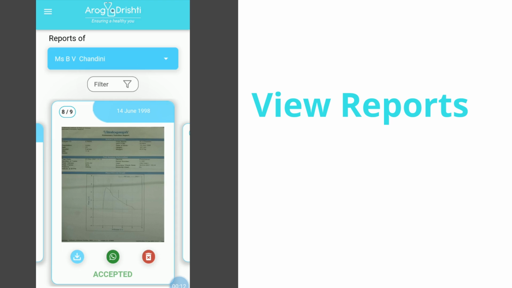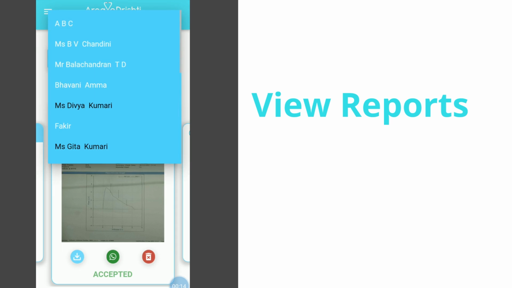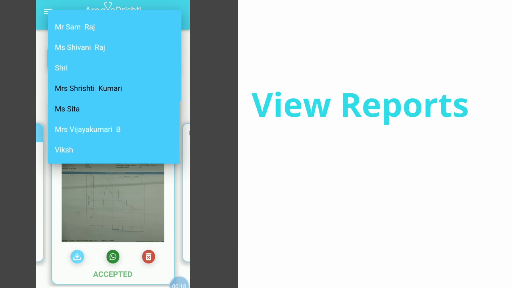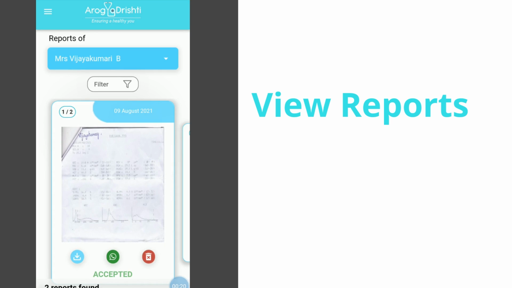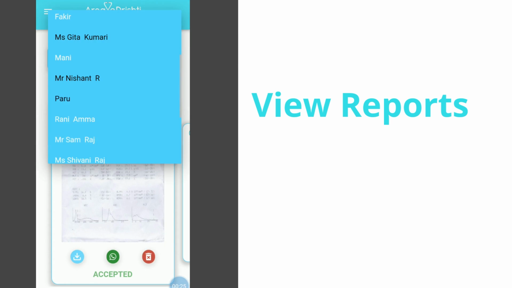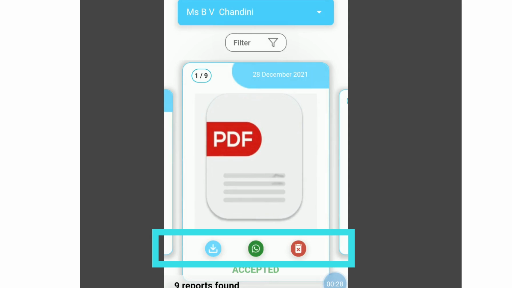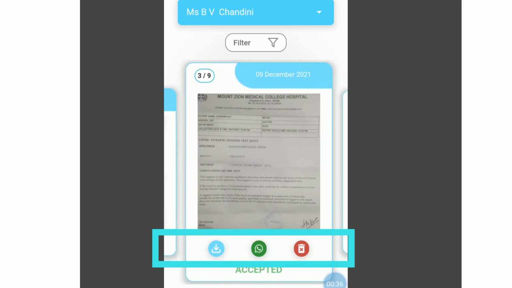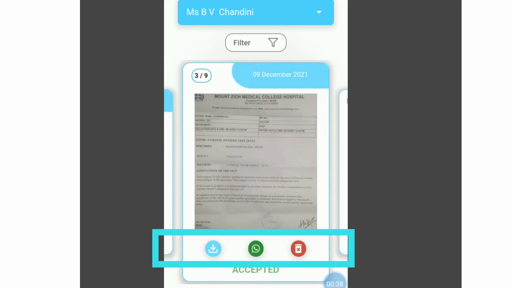Here, if you click on this drop-down menu, you will get the list of all the added family members, so you can switch between family members and access their medical reports as well. Now, if you notice that you can download these medical reports, share these medical reports via WhatsApp with people you trust, and also delete a medical report.